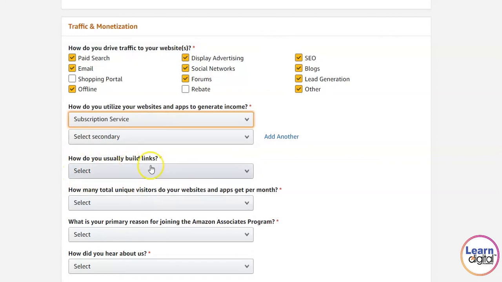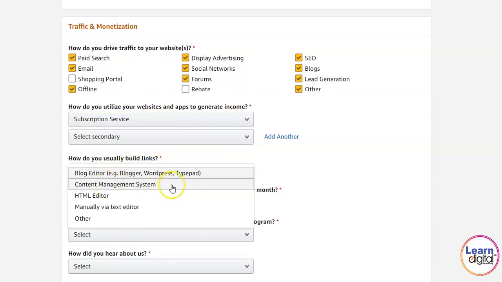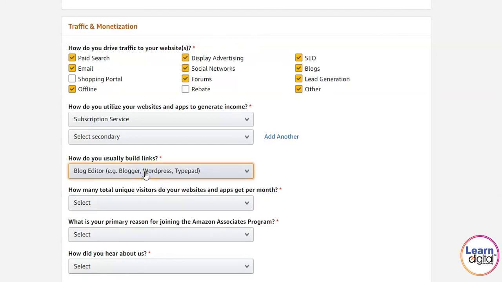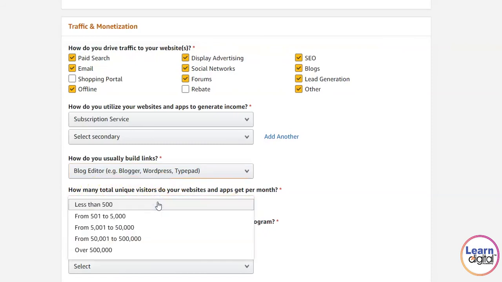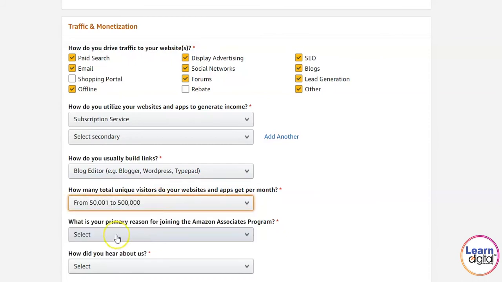How do you usually build links? Content management system, WordPress. Right now I'm focusing on WordPress, or you can focus on a CMS, that is a content management system. How many total unique visitors do you have on your website? I have 50,000 to 5 lakh visitors per month.